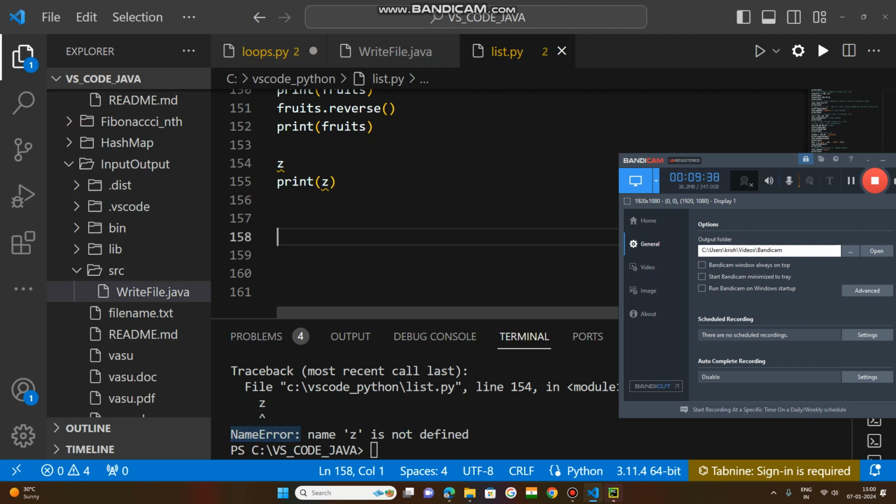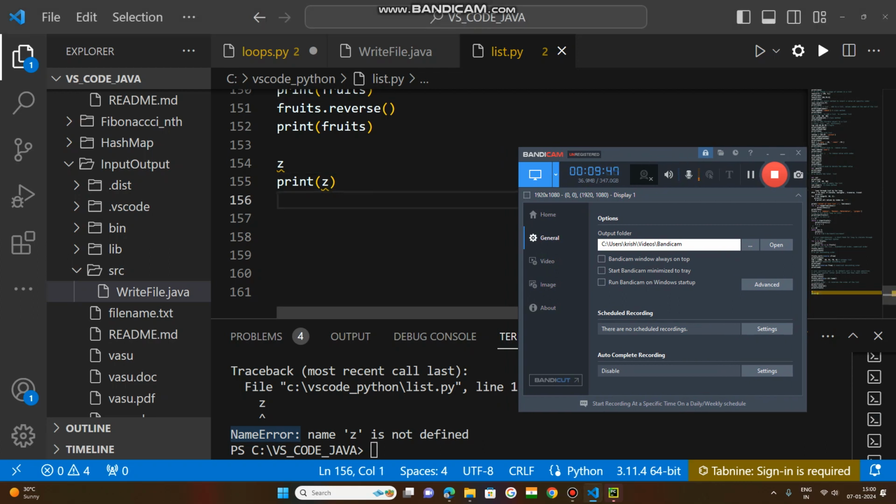After that, at execution time, exceptions will be identified as runtime errors. They are called runtime exceptions. Okay, so whenever you assign any value to this one, 10, now if